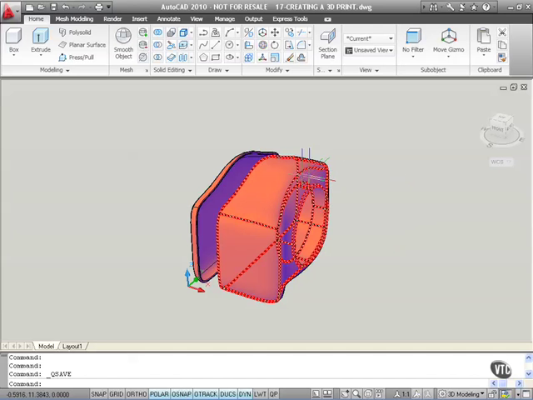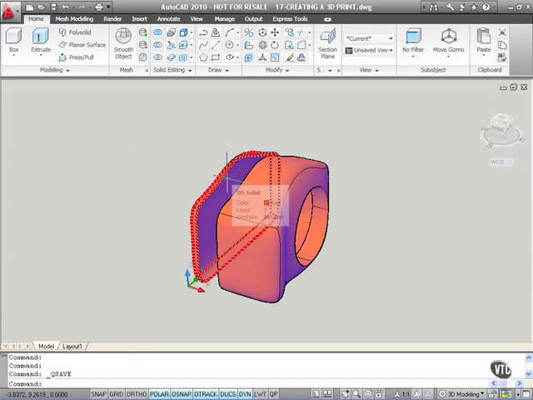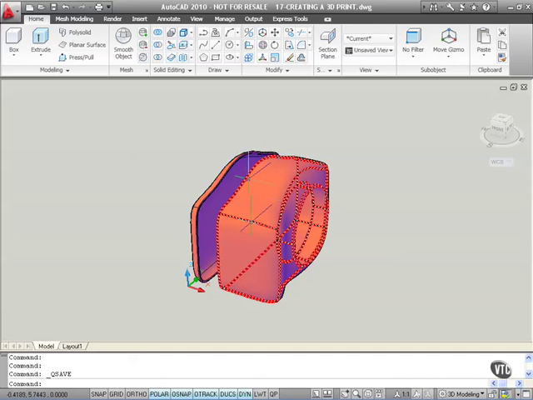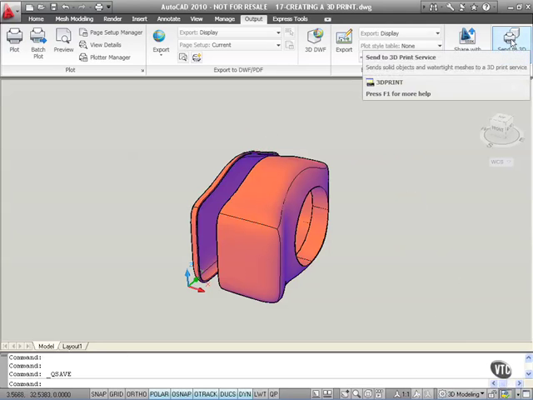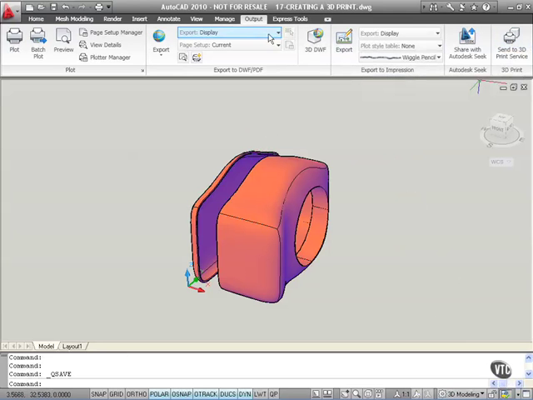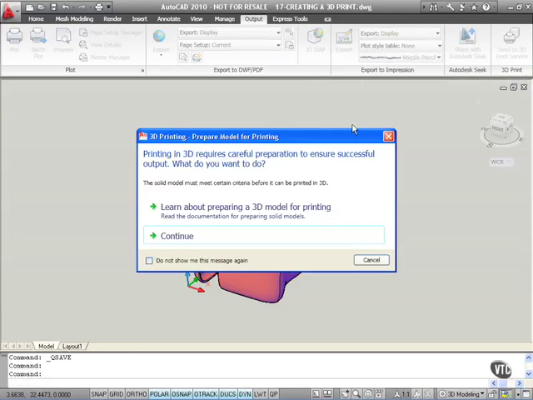There's our 3D model. We've got two parts to it, a lid and obviously an outer casing there. So I'm going to go to the Output tab here. Now make sure when you're working with 3D models, and more importantly sending them to a 3D print service, you must be in the 3D modeling workspace. That is very important. You need that so that you can get to the Send to 3D print service here on the Output tab. So I'm going to click on Send to 3D print service here, and you get a